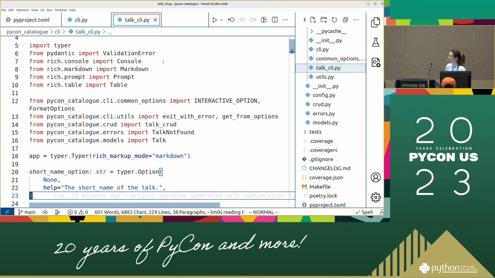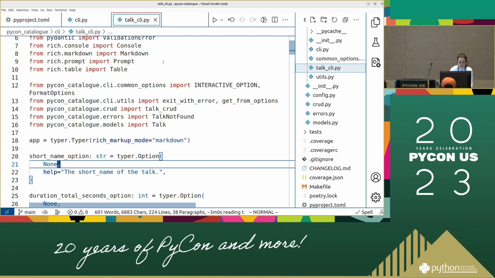The help text of each individual command. I think for me it's from line 20. You just adjust the help text to get rid of the underscores. Okay, exactly. So at line 20, we have defined this short name option, and if I replace it with a